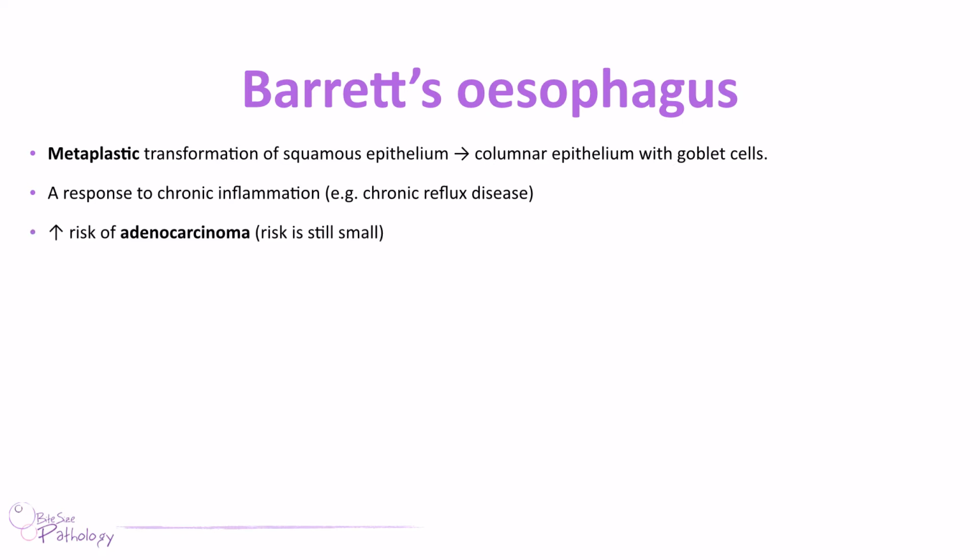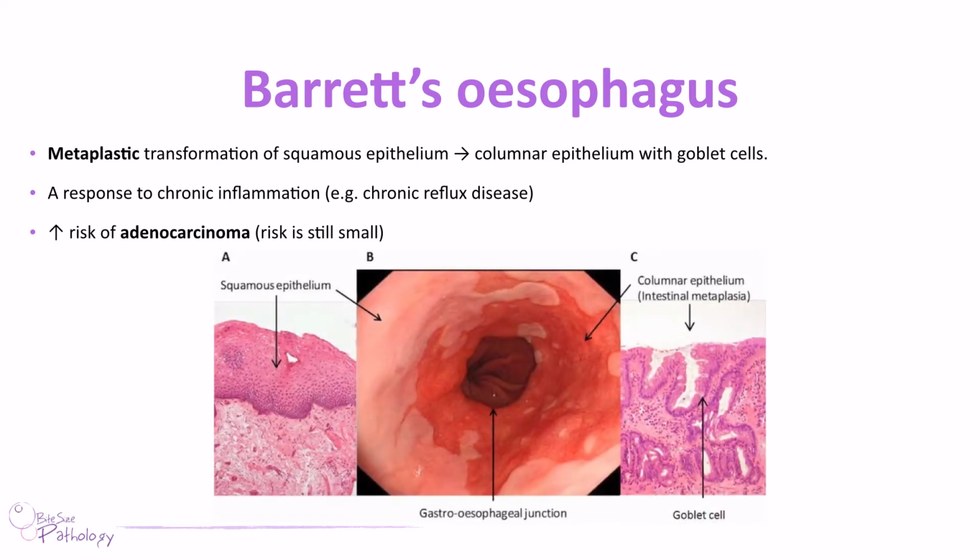And Barrett's esophagus will increase your risk of adenocarcinoma, so the carcinoma arising from glandular tissue in the lower portion of the esophagus. And of course that's because you've got this intestinal change, you've got changes in the genetic material, you've got mutations in cells, and that can very easily go wrong, lead to dysplasia, and then you've got the setup for a cancer. So just looking at that visually, the squamous epithelium of the esophagus is shown on the